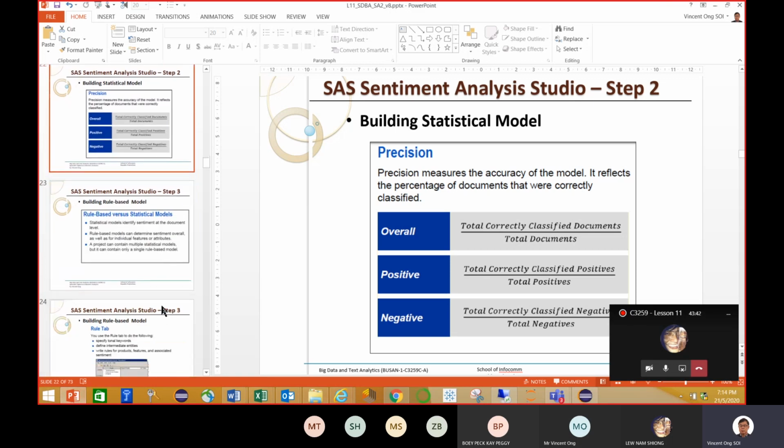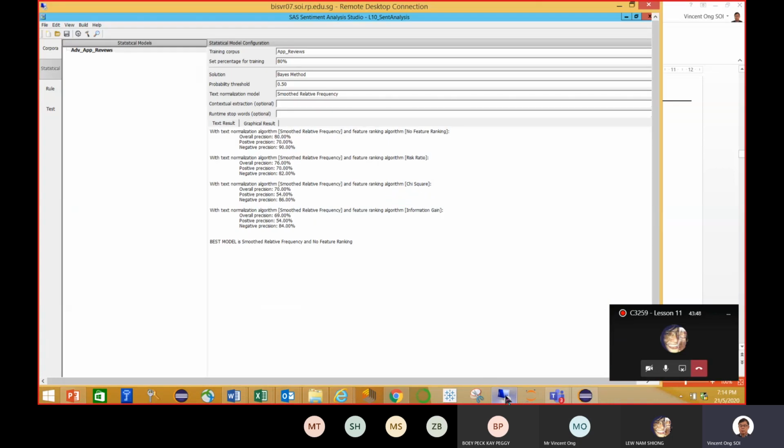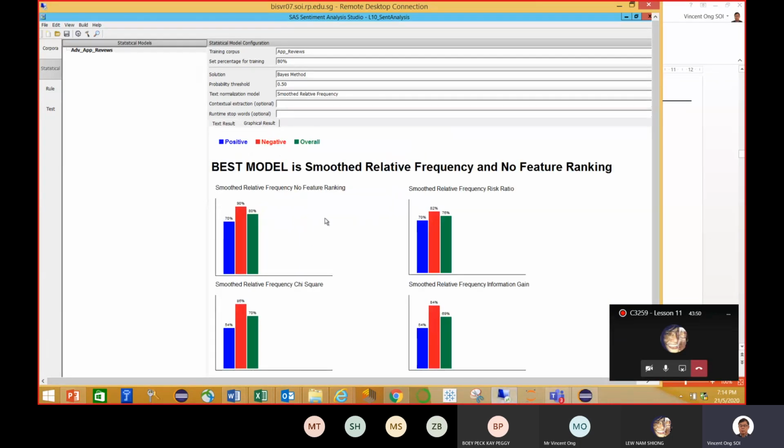Right, so that is the stats model. The stats model really gives us only a very broad overview. Okay, so we know that in this corpus, generally they are more negative than positive. You can see different algorithms give us generally the same trend, right? So overall,